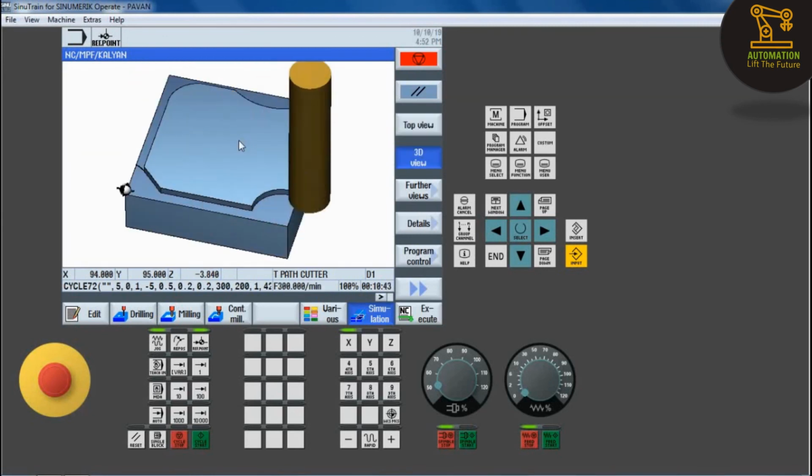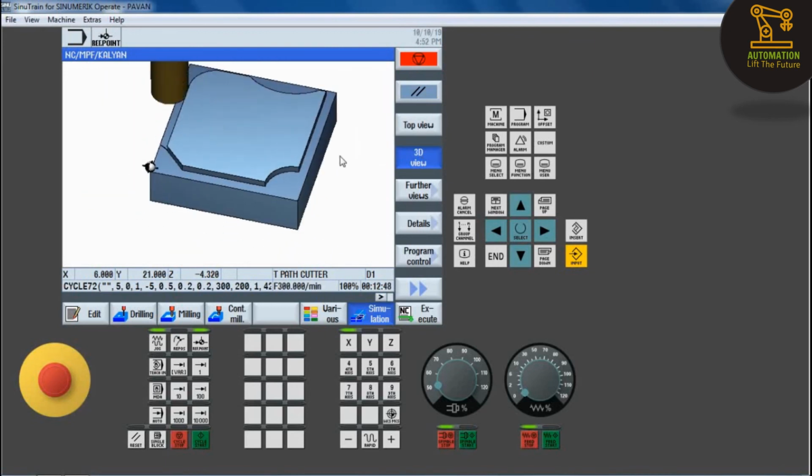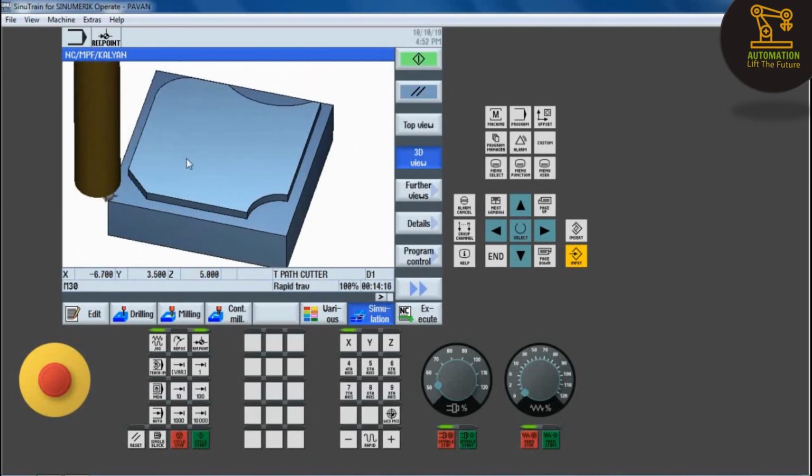We have maximum in-feed depth 0.5, so it has depth 5 mm, so 10 passes occurred. Here we observe this is our final product, and thanks for watching.